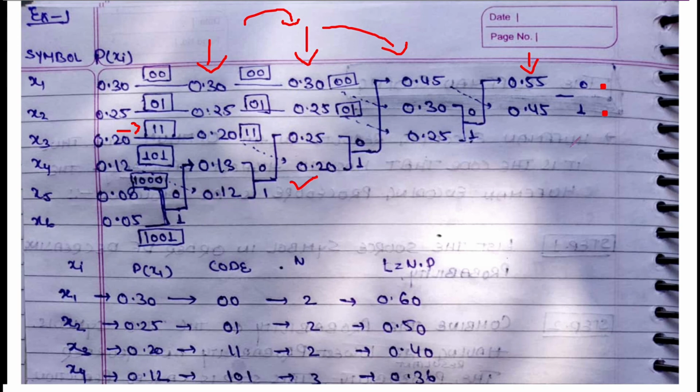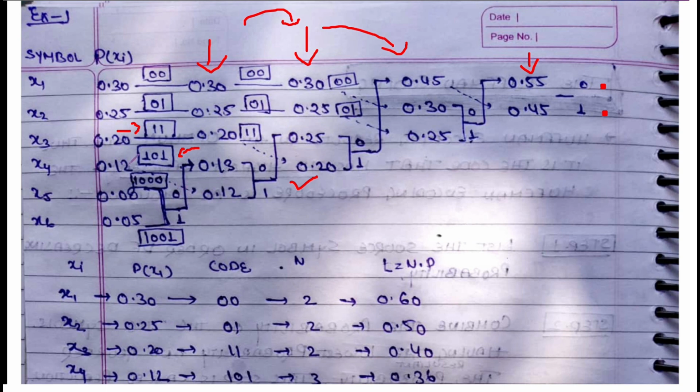So now I simply have to collect all the bits which we started from here. So 1, if you see here, we were considering 0.45 and we are at 1 2, right? So 1, 0 and 1, okay, from here we started. So this is 1, and then we are at 0 because we have to go to 0.12, and then 1. So the code we got for x4 is 101. So just simply backtrack and find out the codes from right to left.